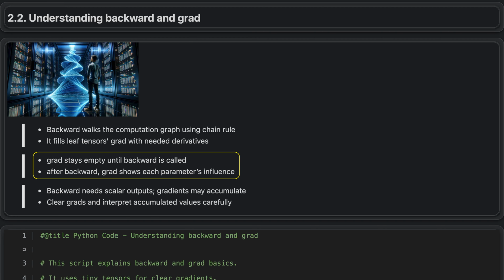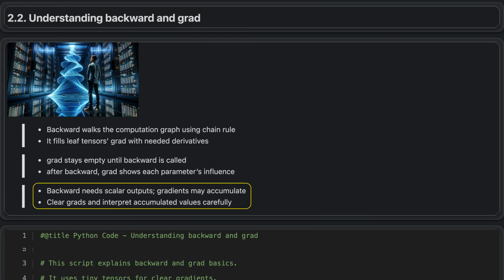For example, in a model that predicts sales from advertising spend, calling backward on the loss fills each weight's grad attribute with values that indicate how changing that weight would change the loss. By examining these gradients, you can see which parameters most strongly influence the predictions and in which direction they push the output. The backward operation is not limited to simple cases, and its behavior depends on how your computations are